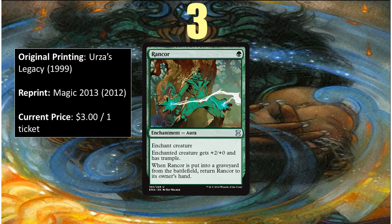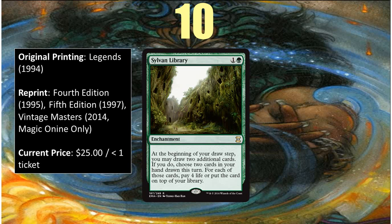The problem is, when cards are really in high demand Pauper staples, they become Pauper staples, and then they become very expensive. So we'll move to number 2, and here we have another Commander staple, Sylvan Library. Every green deck in Commander wishes they had Sylvan Library, but it is prohibitively expensive in paper. While one reprint of it is around $25, the 4th Edition version, it has a white border, and people aren't especially interested in it, and the copies that people really want, who are seeking to pimp out their Commander decks, cost closer to $100. It has also never been available as a foil in paper, but now it is,